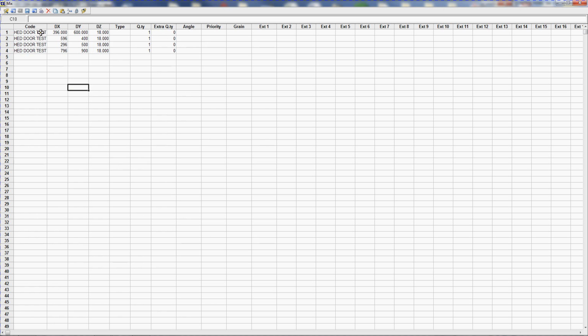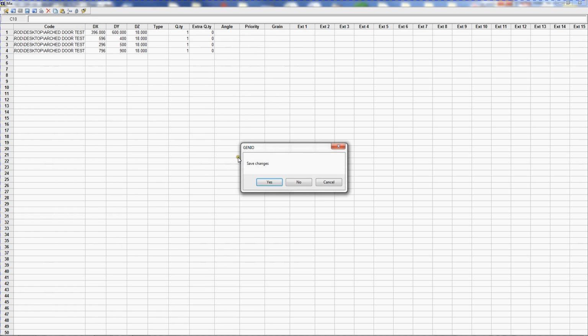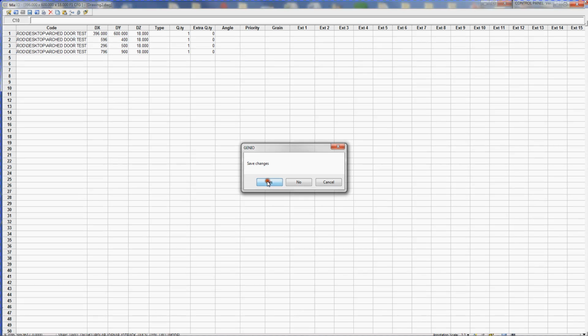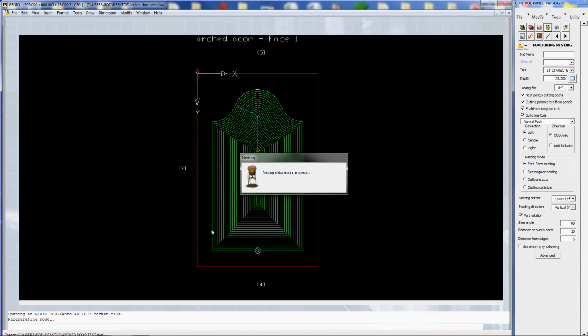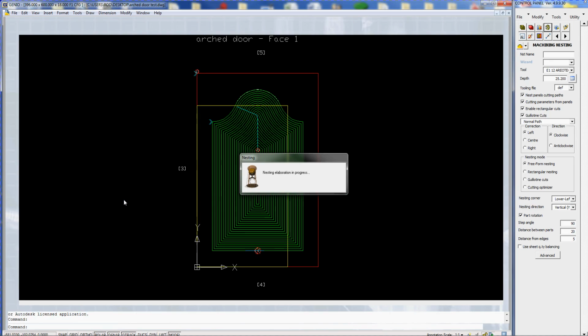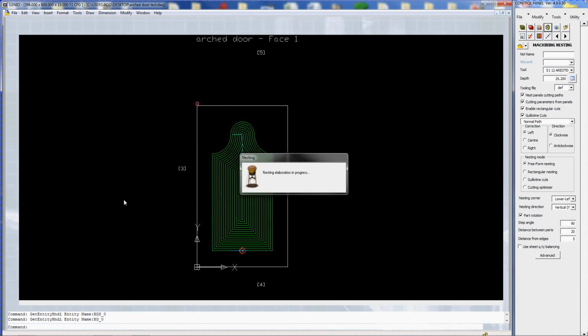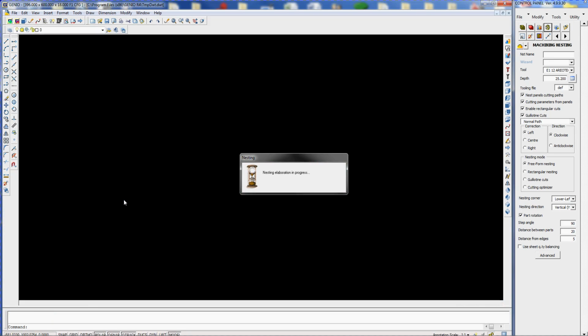Okay, so it's the same program, same drawing, which was parametric, but by changing the dx and the dy, that'll allow it when it's nested to alter the machining. Save the changes. I want 20 millimeters between the parts. I want 5 millimeters around the edge. It's a plain board, no grain, so I can have it rotating if I want. Click on the cogwheel, click OK, and then each of those lines in the Excel type nesting sheet will open, and you can see that the machining will jump to the size of the dx dy that we've put in as the door, and these will then nest them